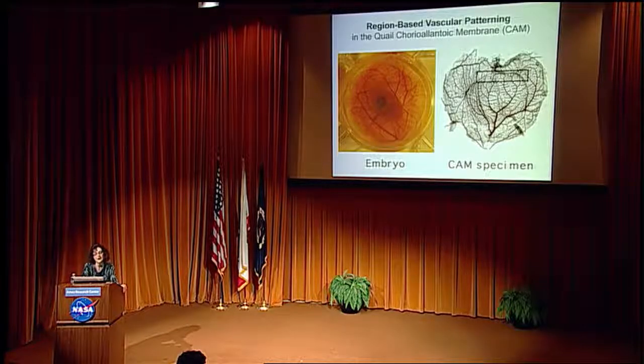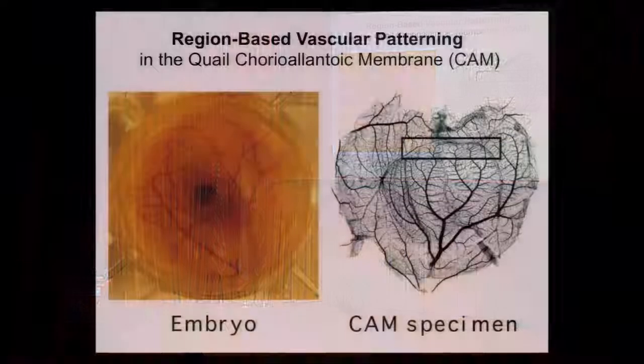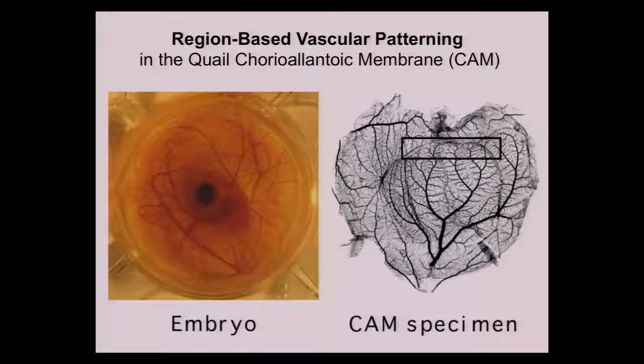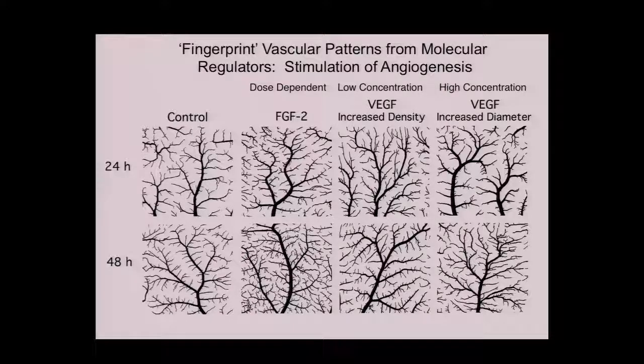You may well ask, why the quail egg? And the reason, as I've just described, is that it does grow very quickly. It is the chorioamnionic membrane, which is an outpunching of the gut, fills the petri dish and is easily dissected and fixed as a transparent specimen. Other conveniences of the model are that angiogenesis is very rapid and is contained within a 2D vascular tree that is microscopically accessible. The next two slides